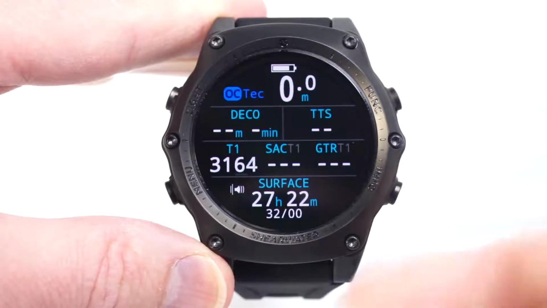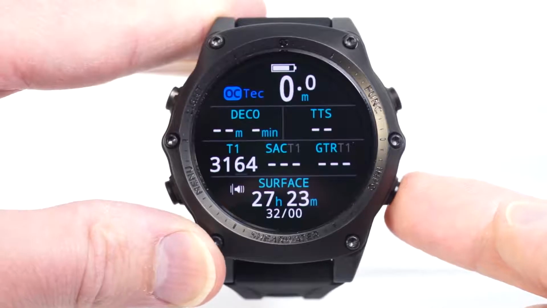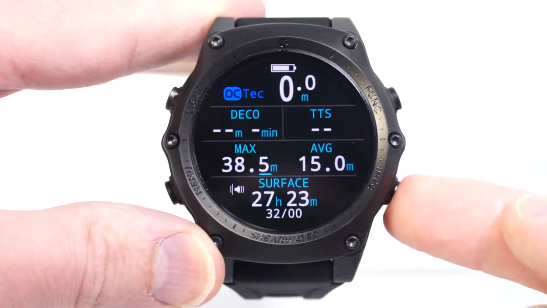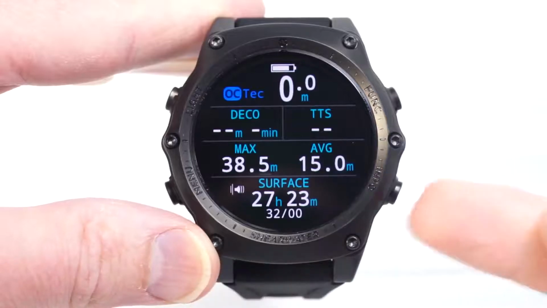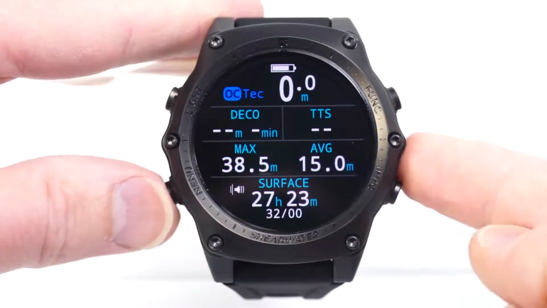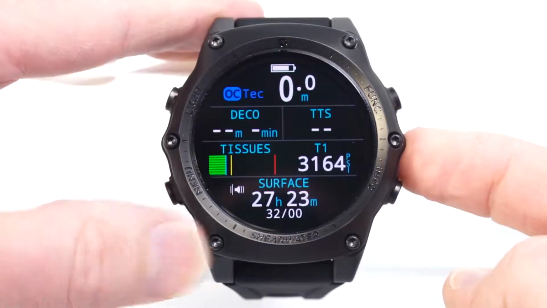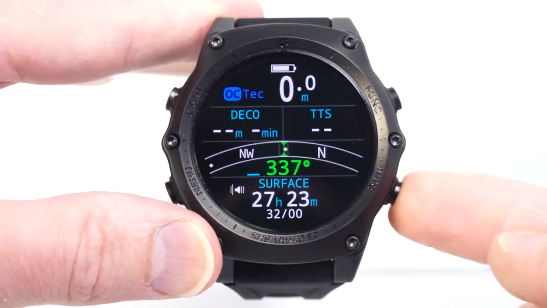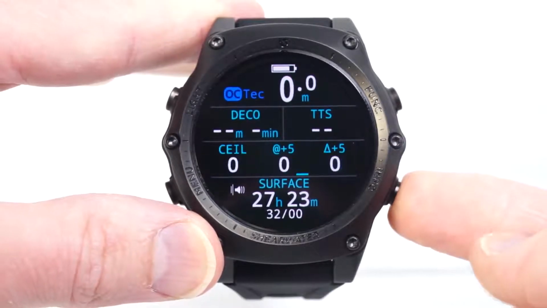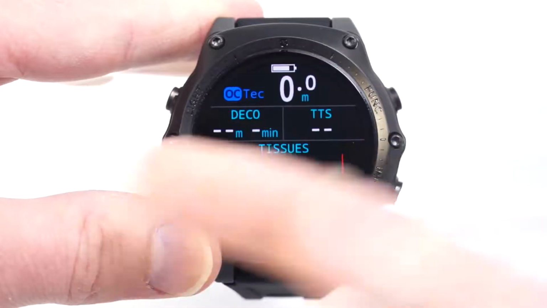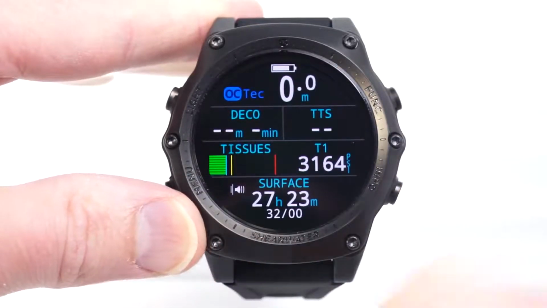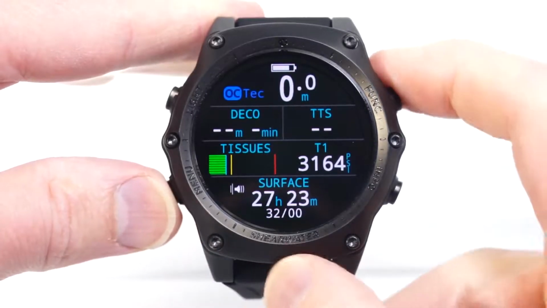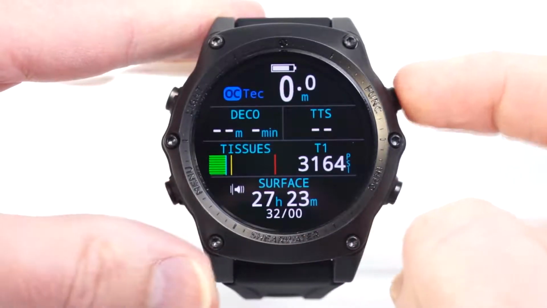Some of them don't time out, like the AI tank pressure information screen doesn't time out. The compass doesn't time out. But other screens will time out back to the main screen after about 10 seconds. Or I could jump back to the home screen by pushing the left button. I have lots of information, and the tissues screen also does not time out back to the main screen. But we'll just scroll back to the main screen now,